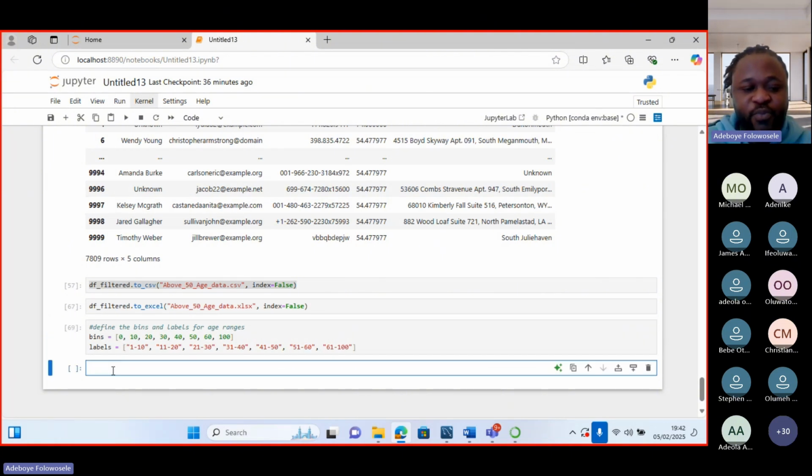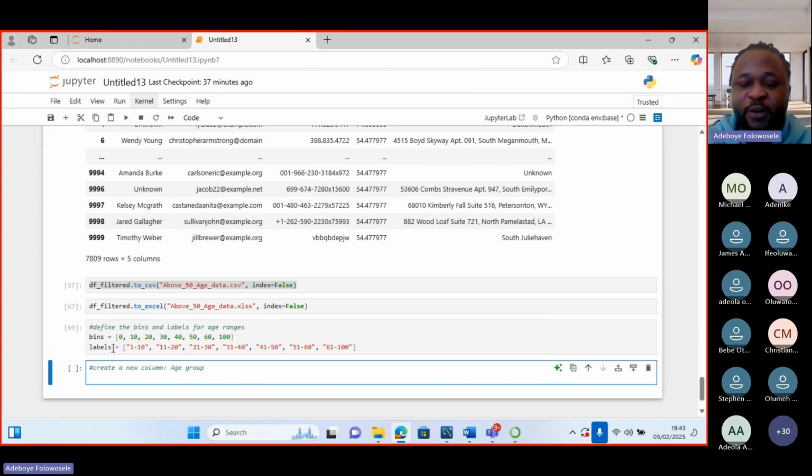So let's now attempt to put our labels inside the column age. How do we do that? We want to create a new column. And what should we call the column? Age group. So age group is what categorizes it. How do we go about it? We call it df, our data frame, age group. That's the name we want to call the column, equals to